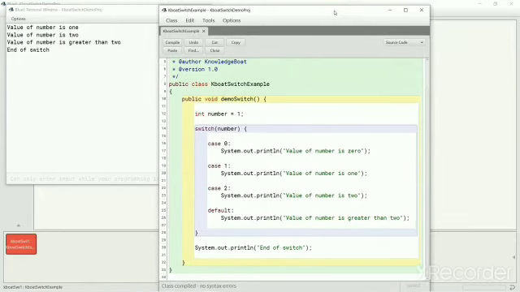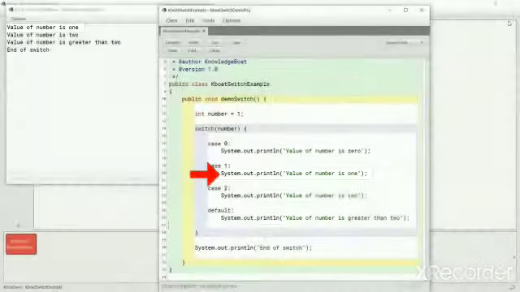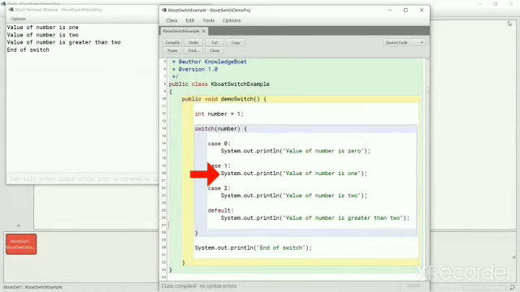What is this output we got this time? Let's try to understand it. Value of number is 1, so this case is matched and the println following it gets executed. We see value of number is 1 printed in the output here. As we have removed the break statement from this case, program control falls through to the next case.